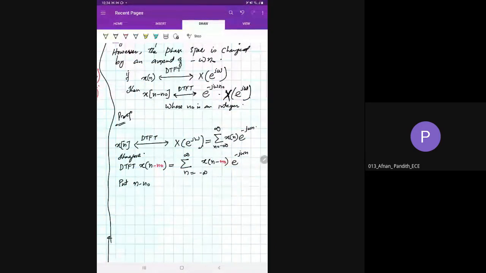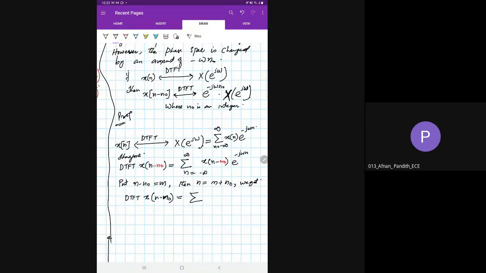So if we try to expand it, we will have to simplify it, put n minus n naught equal to m. Let us put n minus n naught equal to m, okay? If n minus n naught will be equal to m, then what will n be equal to? Then n will be equal to m plus n naught. Rearranging this equation, n will be equal to m plus n naught. And what will we obtain? We obtain this thing. So discrete time Fourier transform of x of n minus n naught will be equal to summation of